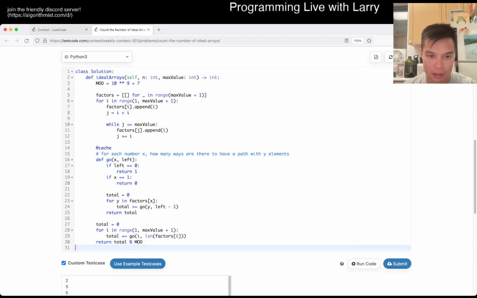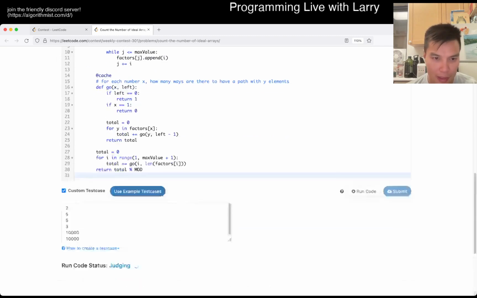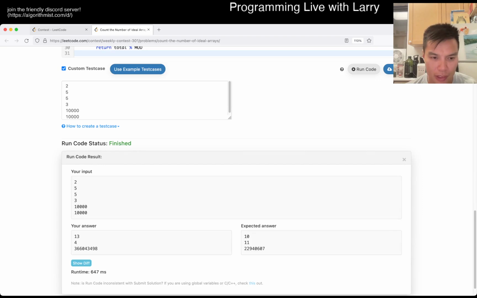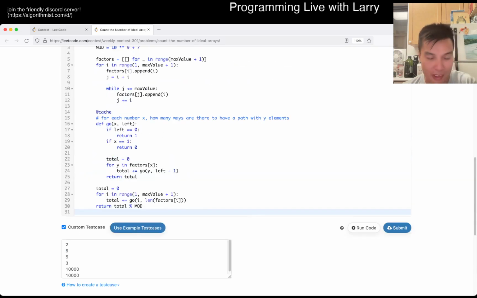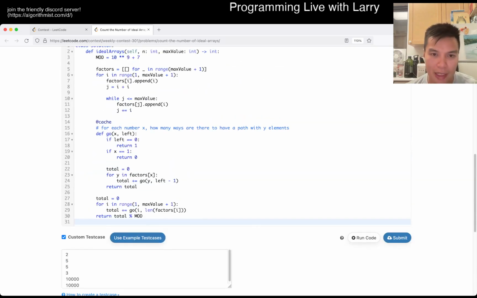I don't know, let's see if this is fast enough. Okay, it's fast, so that's good. Actually, I know that this isn't the right answer, by the way. So then that means that, okay,